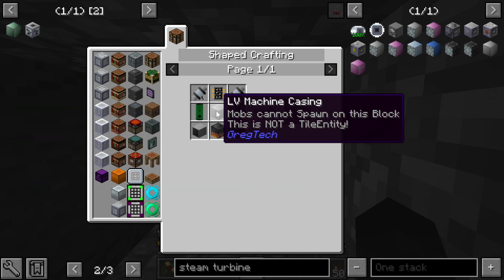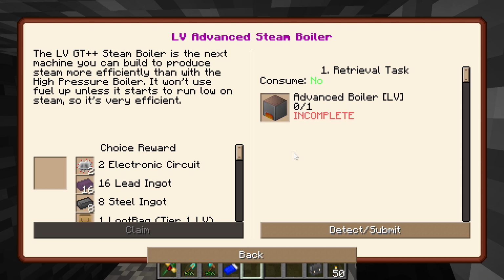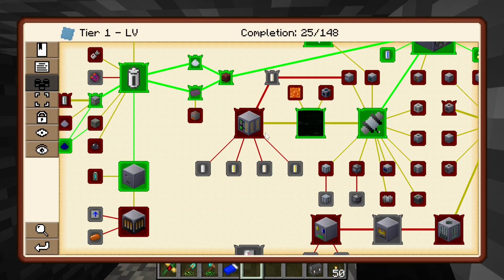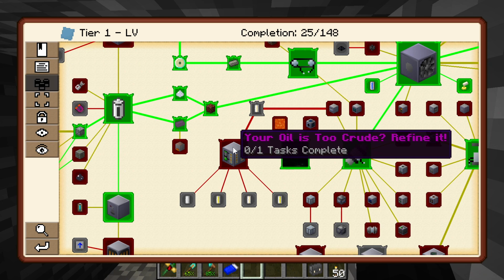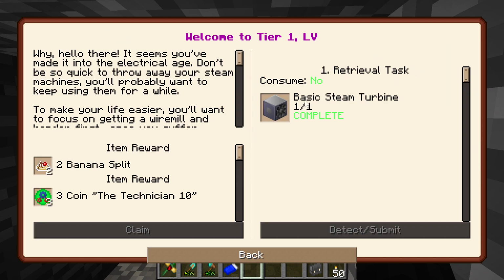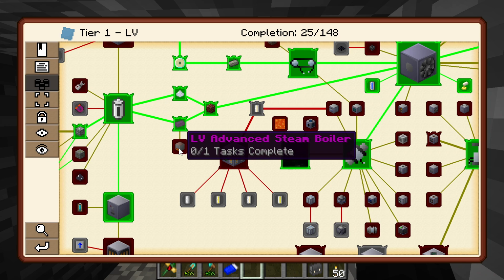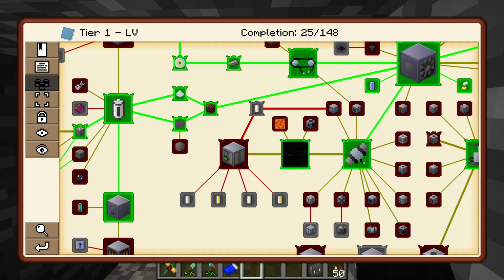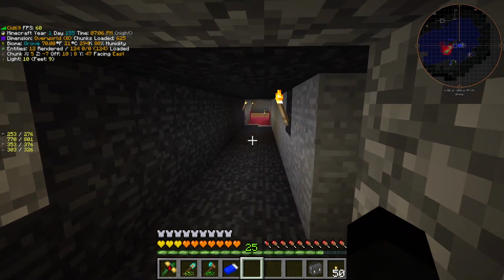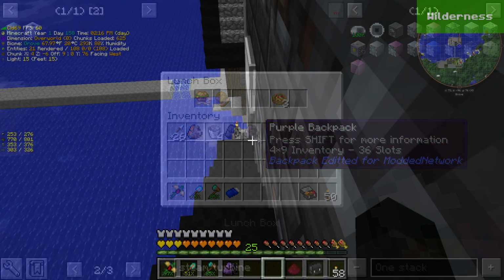So is this where we need to go? Maybe. Basic steam turbine. Steam boiler. Maybe that's the direction we should go. Let me just get rid of this damn spider, and I'll be back in a second. Alright,